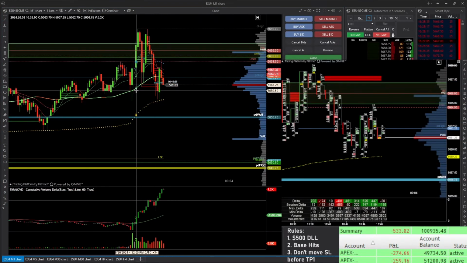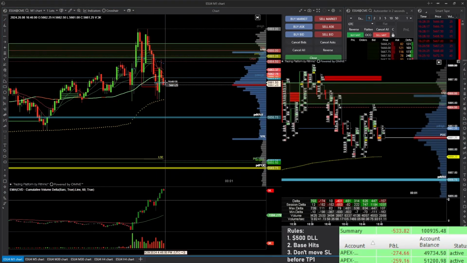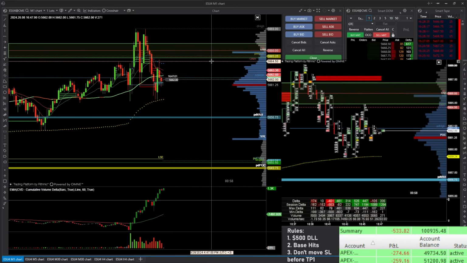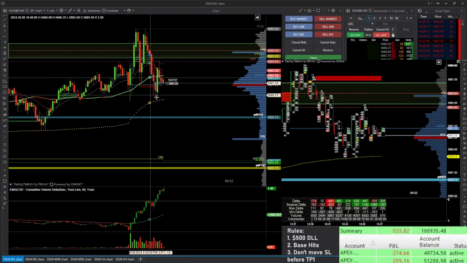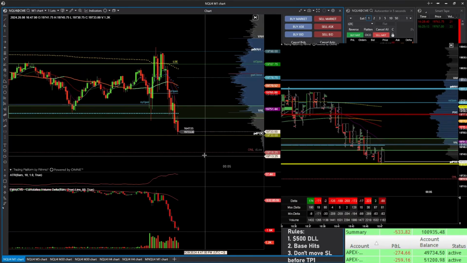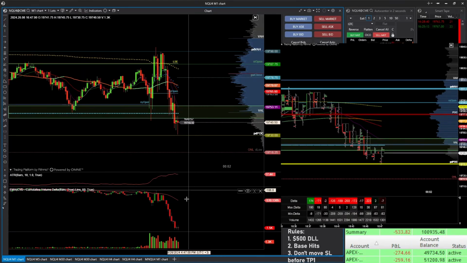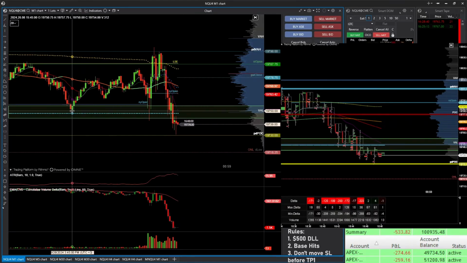We're seeing a lot of buys here on ES since New York Open and price is not really going up. That means a lot of absorption from limit sells in this area. We could see a sweep of the overnight low on NQ, but looking at the delta, that doesn't give me